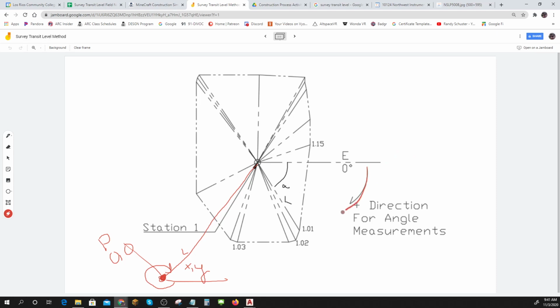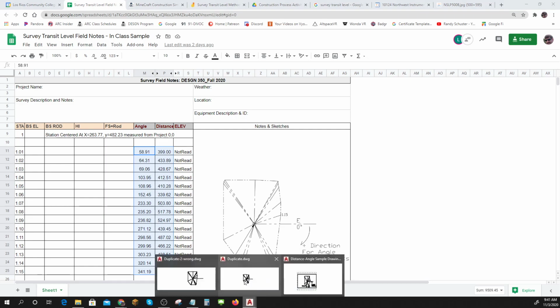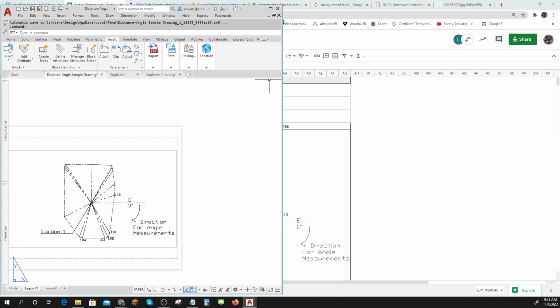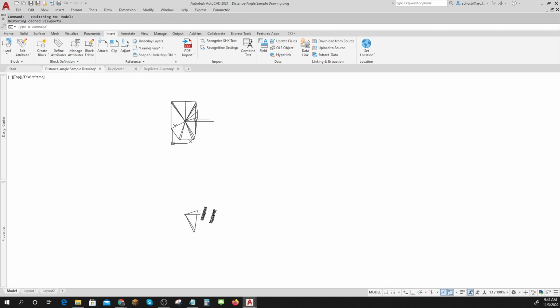We're going to measure the angle and the distance. And then I have to know how to draw. I have to know how to put this stuff into AutoCAD to get this boundary line. So let's take a look at AutoCAD. Here it is. Here's my AutoCAD drawing that I took that from. Here's my model